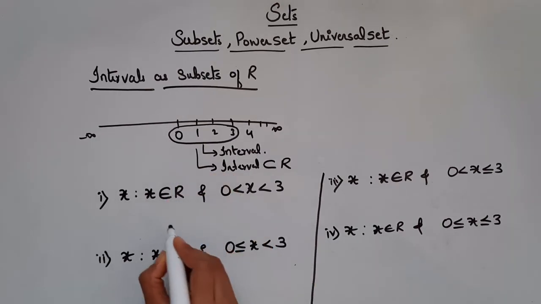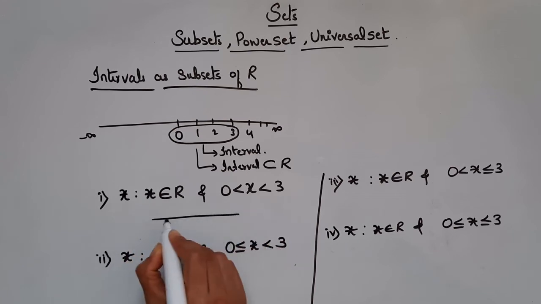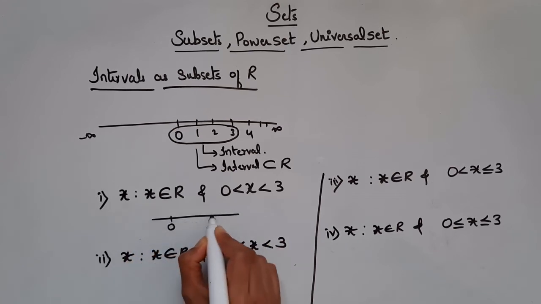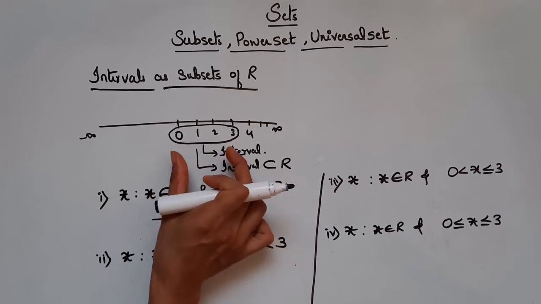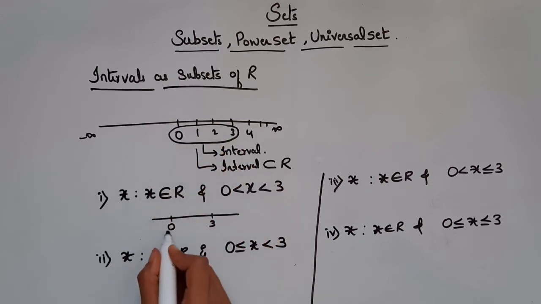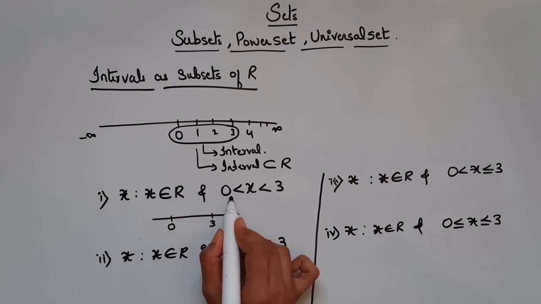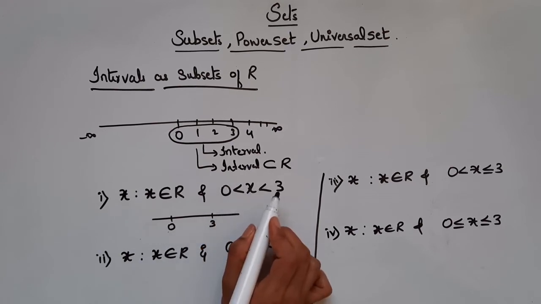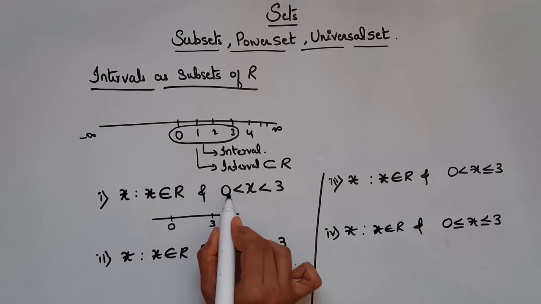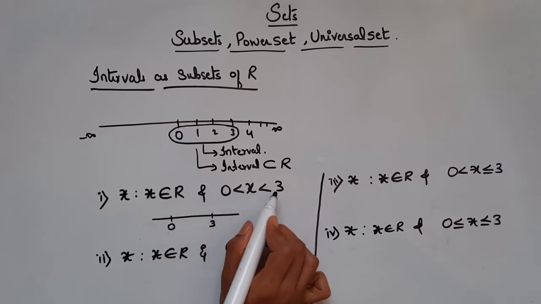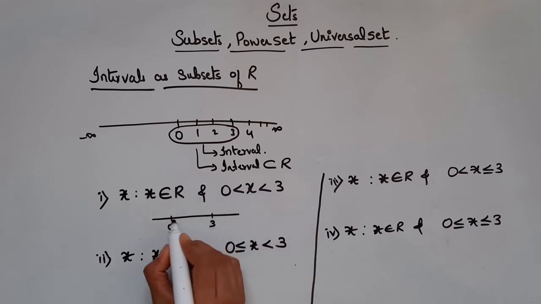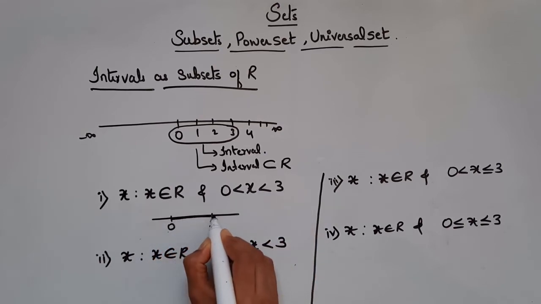So how do you represent this on the number line? We have an interval from 0 to 3. Here you can take A to B also, but here we have taken an interval from 0 to 3. So let's continue with 0 to 3. Here 0 and 3 are not included. Here x is greater than 0 but less than 3, which means 0 and 3 are not included. In that case, you will first highlight this 0 to 3 and you have to create a node. This is called a node or a hole.